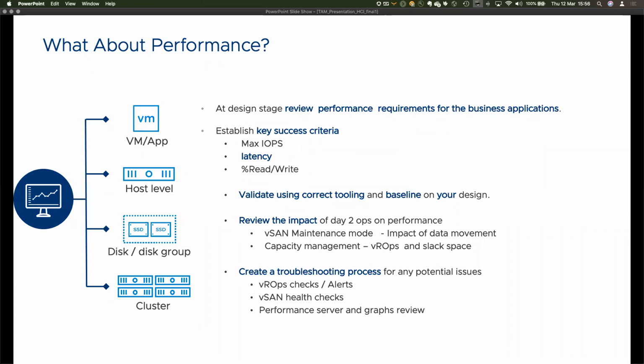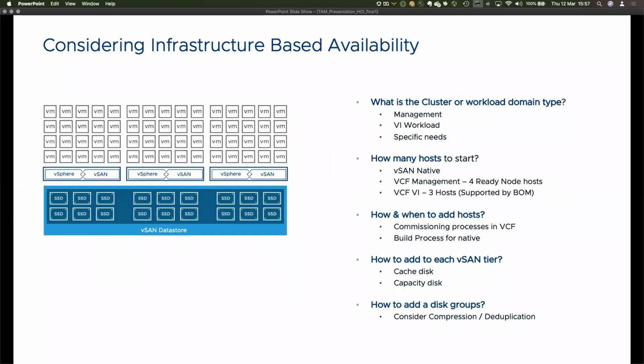From a performance point of view, latency is number one, and then for day two, manage and review things such as outstanding IO, congestion, impact of all this. These are all default VOps dashboards and checks. Same thing for availability. Know what the workload type is. Know you need at least 4 to start, and if you have any outage during maintenance